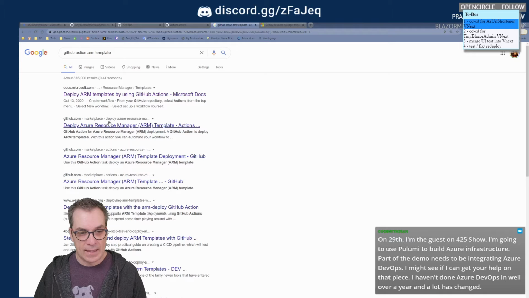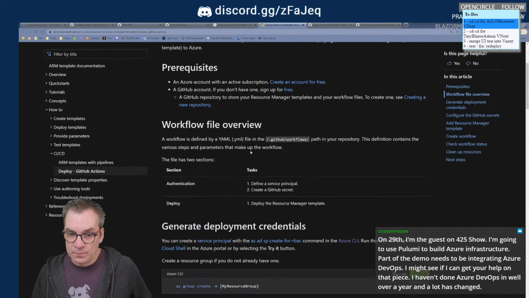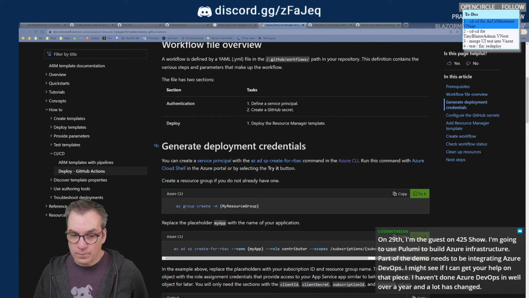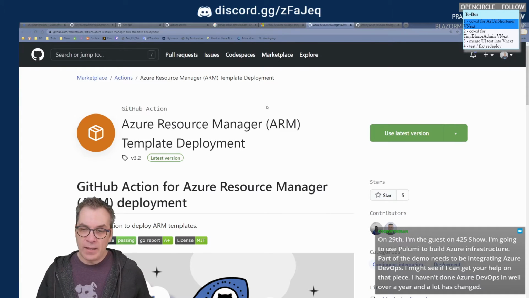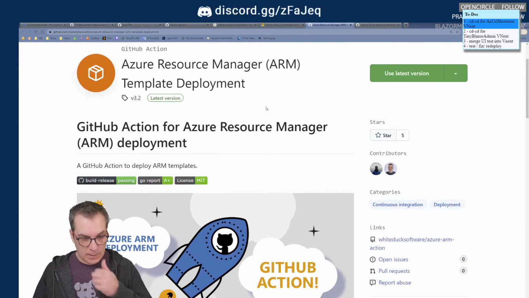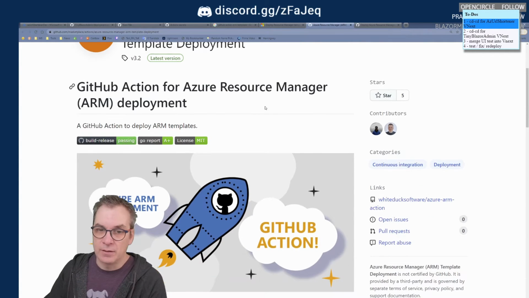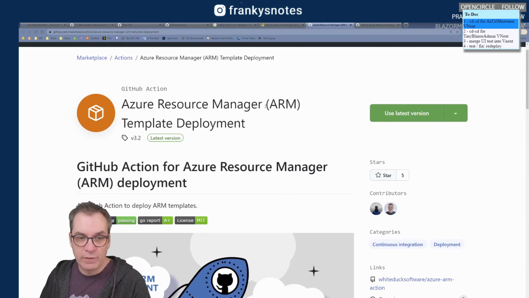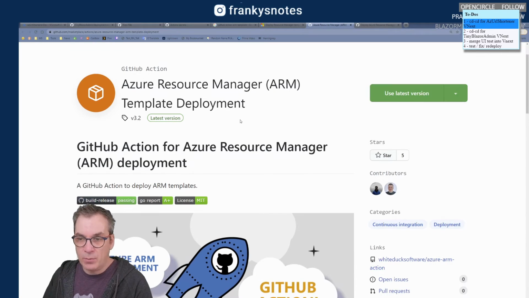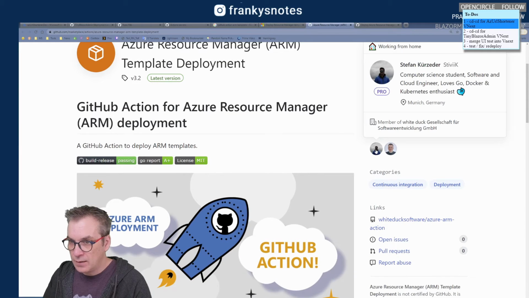I know you could run commands. I did that many times, but I think now there's an action that is a little bit more fancy. So GitHub Action Azure Resource Manager template deployment, that's managed by